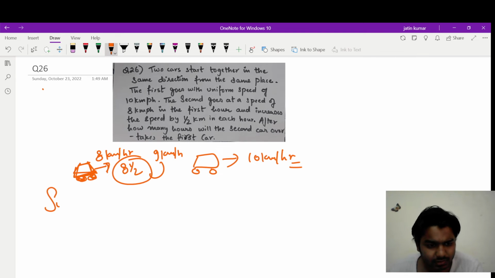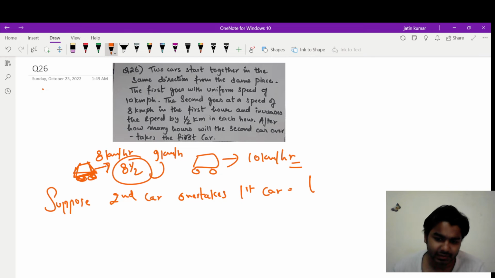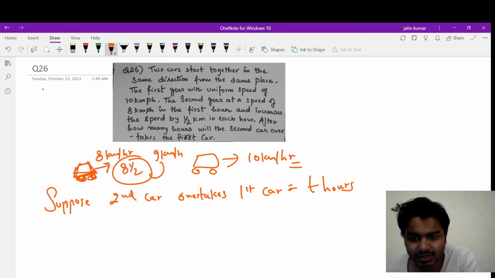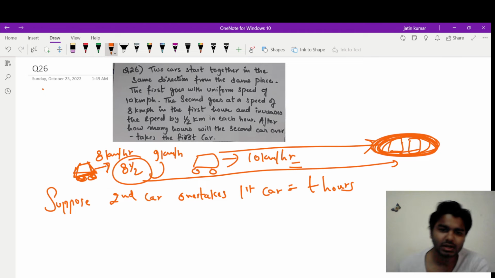Suppose the second car overtakes the first car in t hours, let's say t hours, the second car overtakes the first car, okay. So now somewhere here both cars will have met. So can I say that the distance traveled by both the cars is the same because both the cars have started at the same time. Okay,